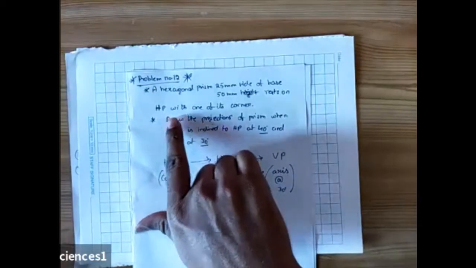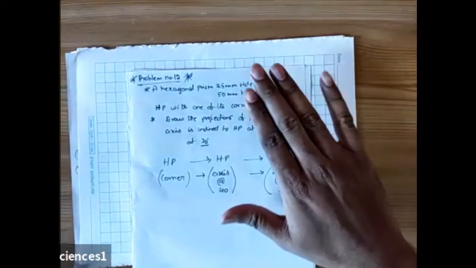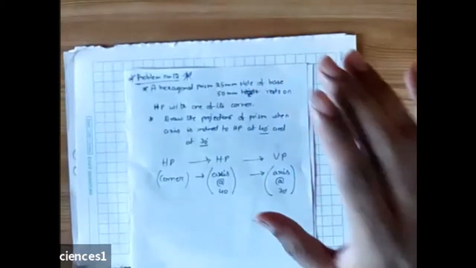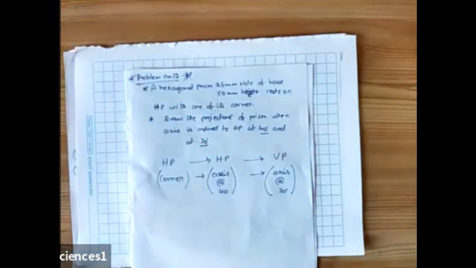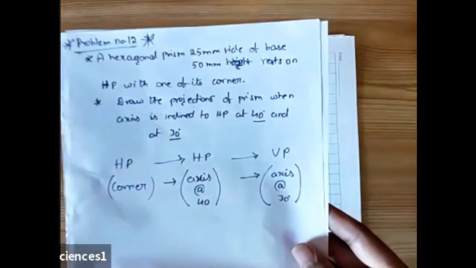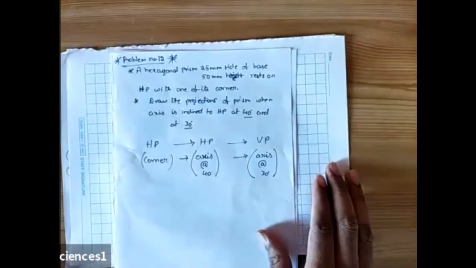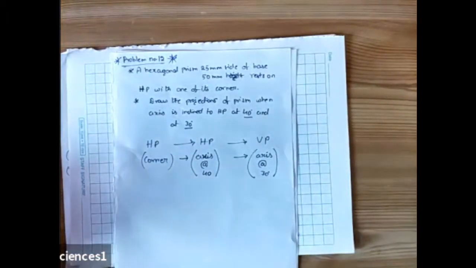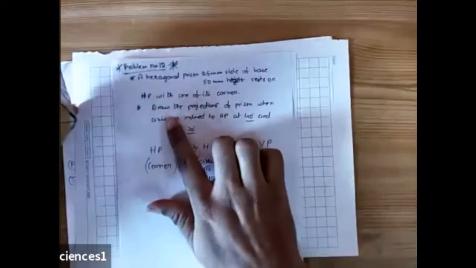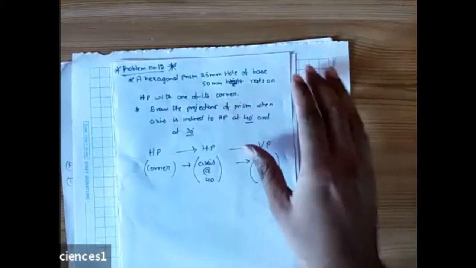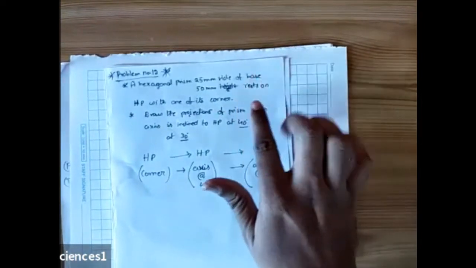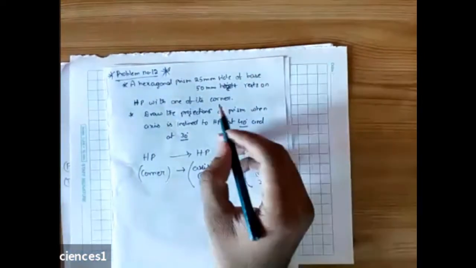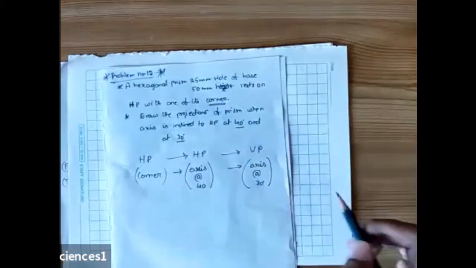I told you we are solving solids. In solids, all the solids will be kept on HP only, whereas in planes, there are few problems which are placed on HP, and there are few problems which are placed on VP also. Whereas in solids, all the solid problems will be placed on your HP only. It is placed on HP with which condition? Either with respect to edge or corner; it is with respect to your corner. That is the first condition.